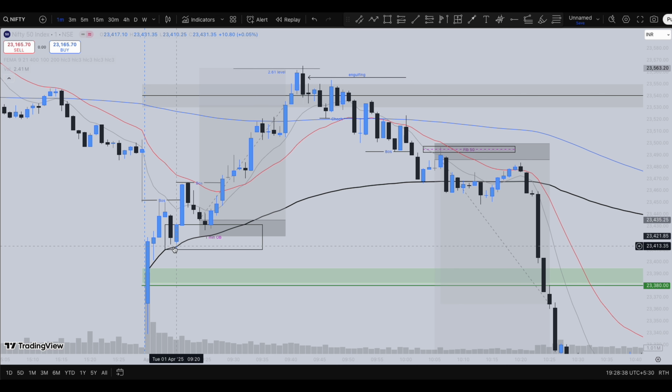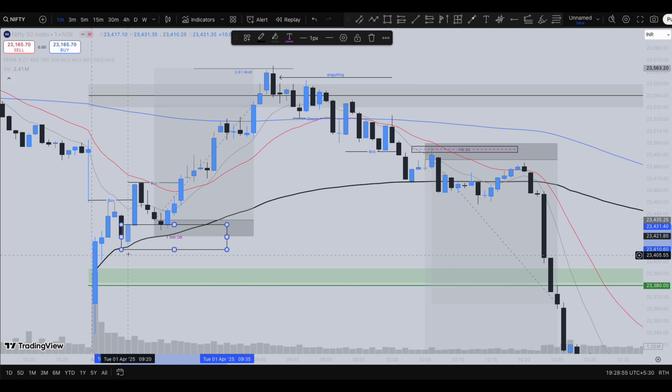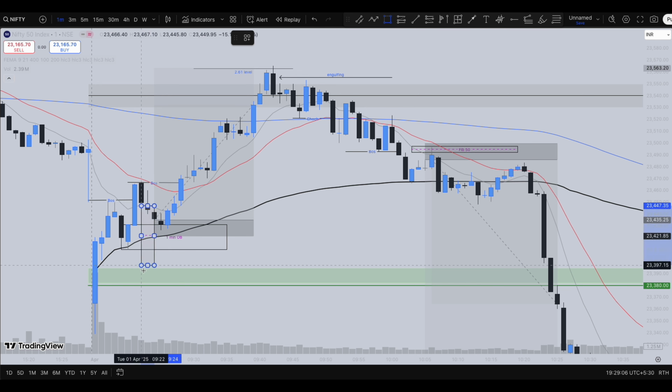You can see clearly the market rejected price from this anchored VWAP level, clearly signifying some sort of bullishness. And the market, after rejection of price from this anchored VWAP level, clearly broke structure towards the upside, which left fair value gaps, or you can call it imbalance. And you can plot this 1 minute order block. In case the market closes below this 1 minute order block on price rejecting from this 21 moving average, you could have expected some kind of bearish candles like this, which usually with an imbalanced market might close below these levels.